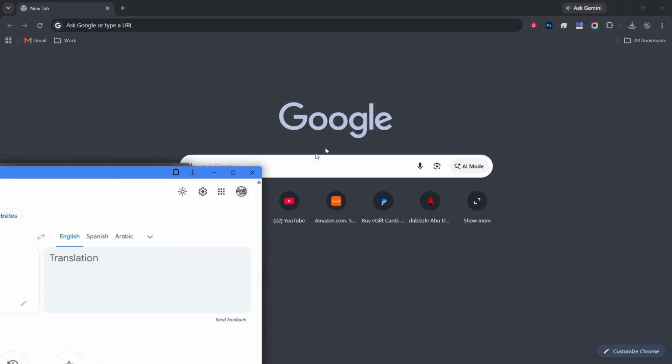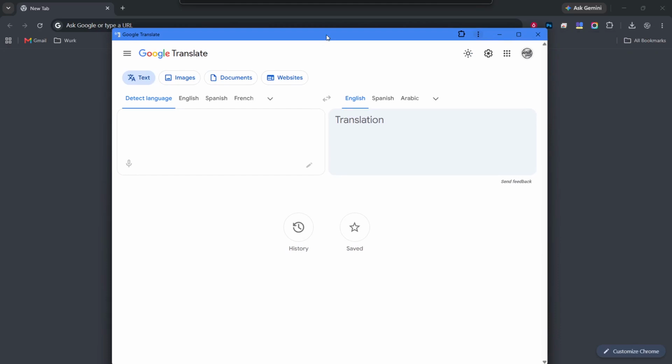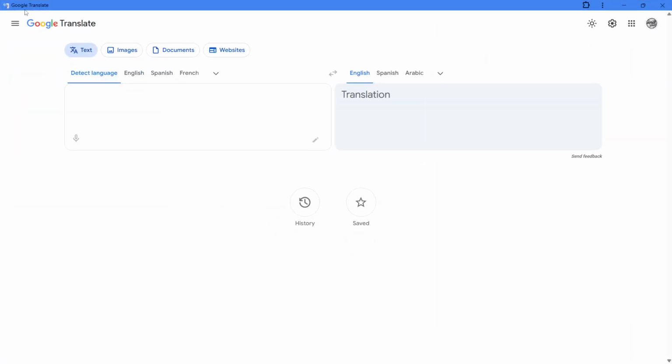On Windows, you will also see a new shortcut in your Start menu, and often on the desktop. On Mac, it appears in your Applications list. From now on, you can open Google Translate directly like a regular program, and it will always load translate.google.com in this app-style window. You have now turned Google Translate into a desktop-like app on your PC using Google Chrome, giving you quick one-click access.